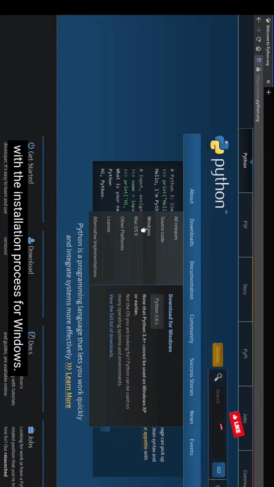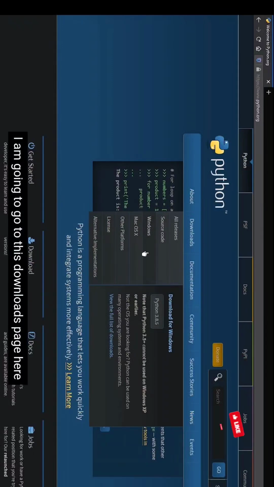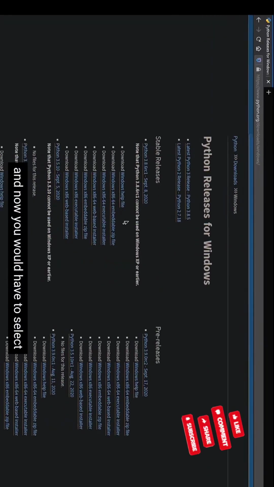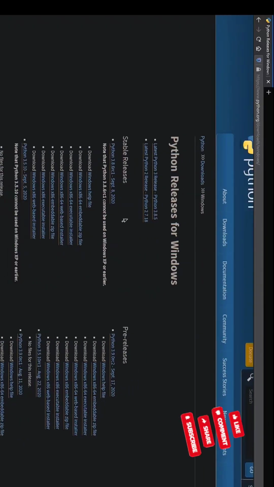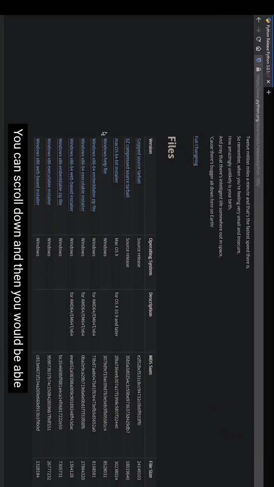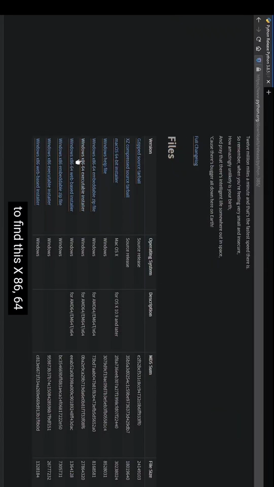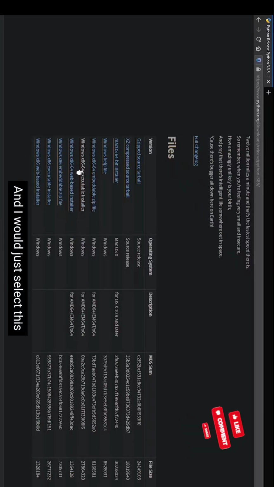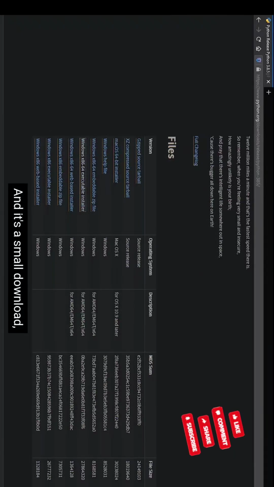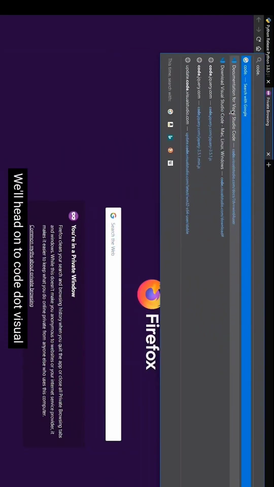Now let's continue with the installation process for Windows. I'm going to go to this downloads page here, and now you would have to select the latest release. You can scroll down and then you would be able to find this x86 64-bit installer, and I would just select this one. Save file, and it's a small download. It should finish quickly. Till the time, we'll head on to